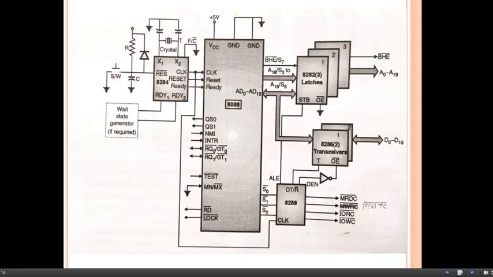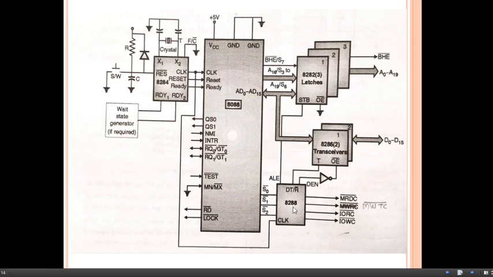This is the configuration of 8086 in maximum mode. For maximum mode, this pin is grounded, and here this 8288 is used in maximum mode configuration, which is not present in minimum mode configuration. Rest of the components, this latch, transceiver, the clock generator are present in minimum as well as maximum mode configuration,